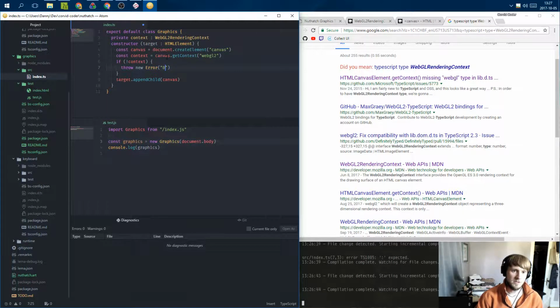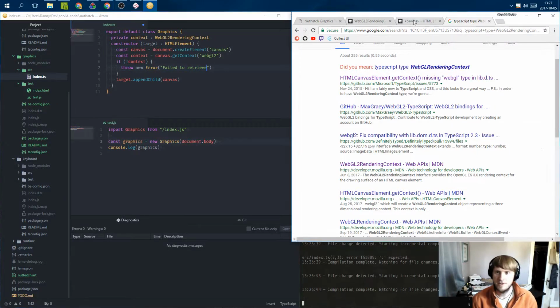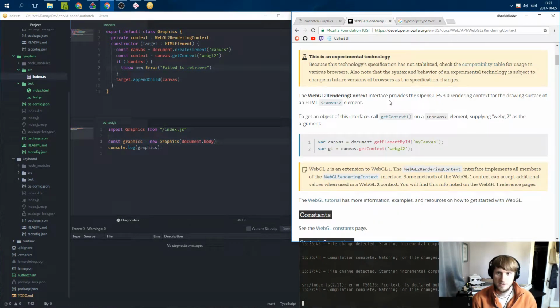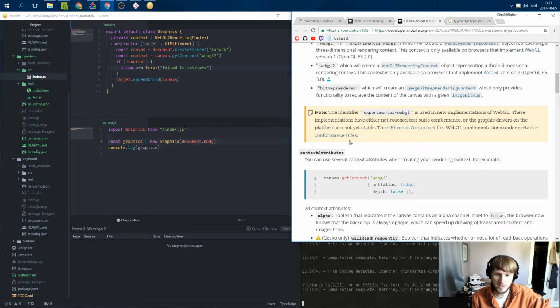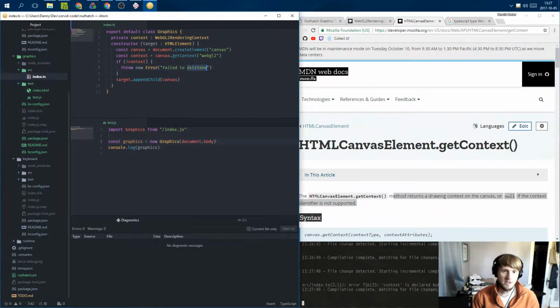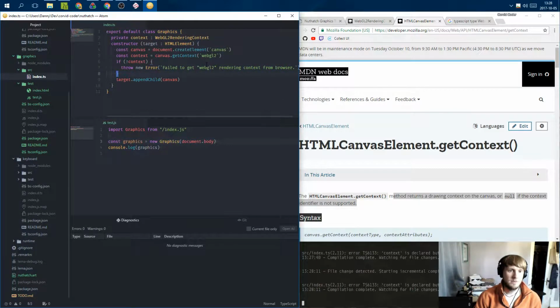This browser, or was failed to retrieve. Let's see if there's any better words I can use around here from getContext. Method returns a drawing context. So I guess retrieve. You just use get. Failed to get WebGL2. I'm going to replace all of these with backticks. So we can put just quotes here. From browser. So then